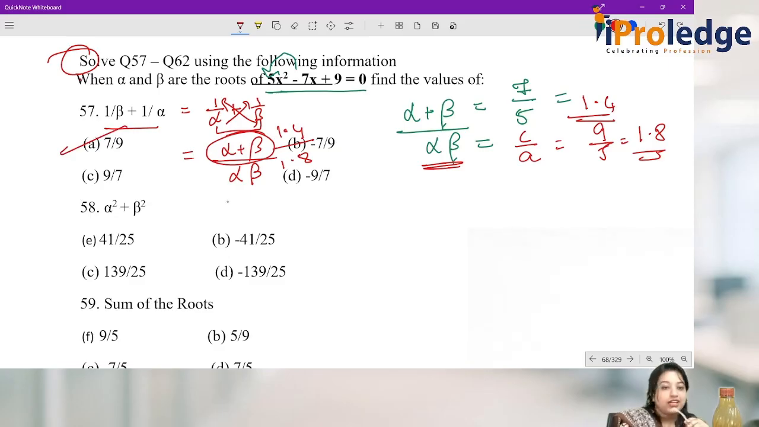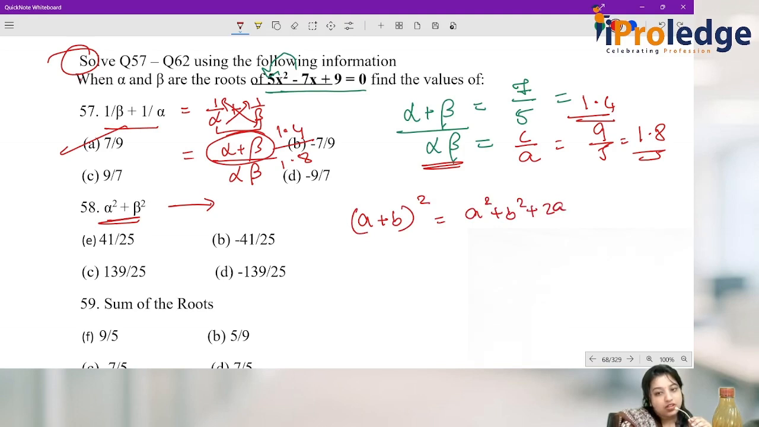Okay. Next, who is there? So what is the formula we have to use? What is (a+b) whole square? a square plus b square plus 2ab. Okay, what is a plus b? Alpha plus beta, the same value, 1.4 whole square. So we have to find out